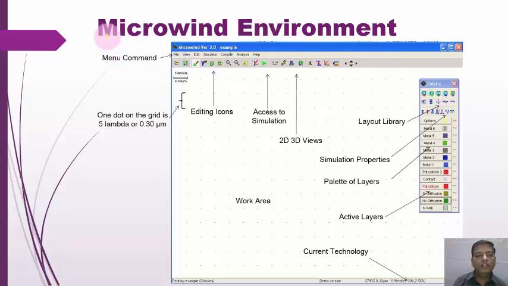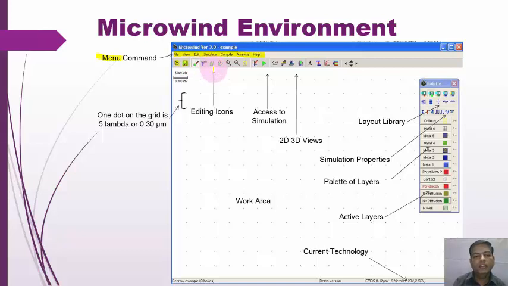Again, here we look at the Microwind environment. We already know each and every parameter, but still we look at it. First, the menu commands. These options are available: file, view, edit, simulate, compile, analysis and help. Here there is an open window, a save window, then